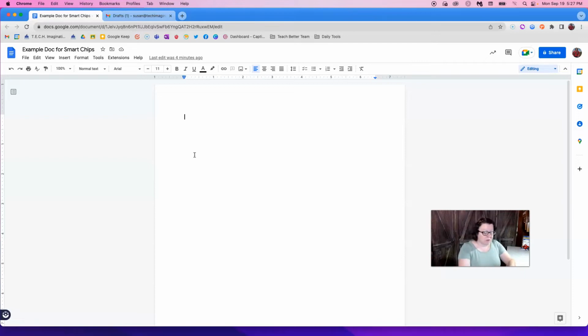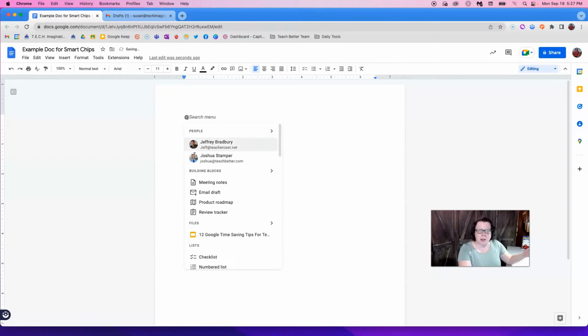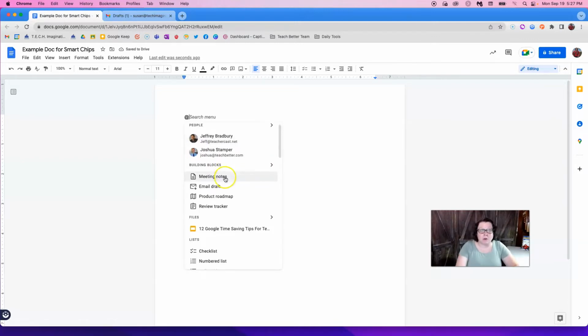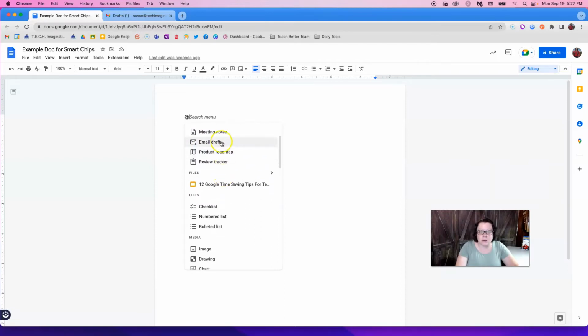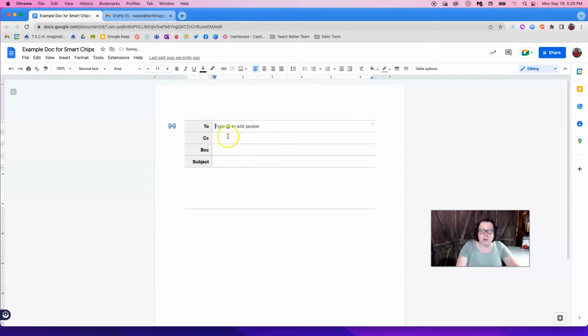So let's look at how to get an email draft to save in your Google Docs for use sporadically as you need it. So as we said with the Smart Chips, to get that Smart Chip menu, I'm going to press the @ symbol, Shift, and the number 2. And then I'm going to scroll down here, and one of the first choices that you get is email draft. Okay, so I'll click the @ symbol, and I'm going to choose email draft, and it'll come up with what